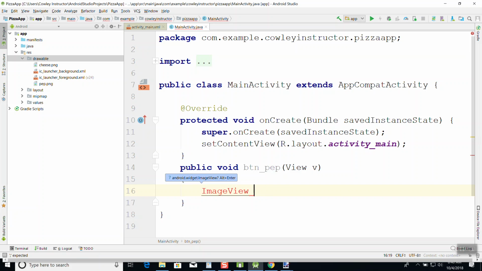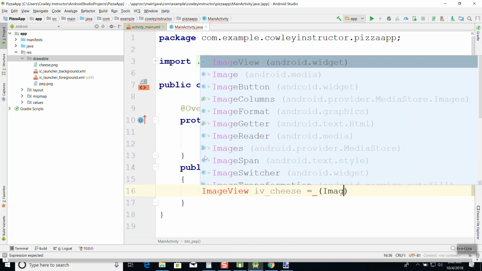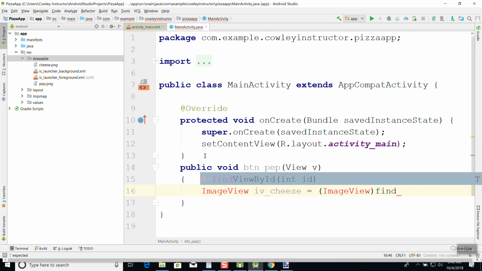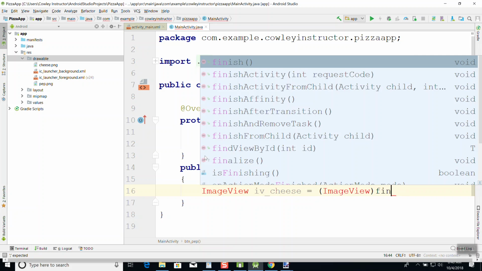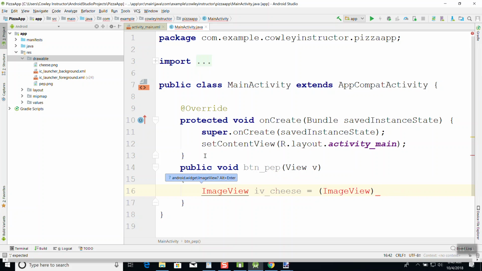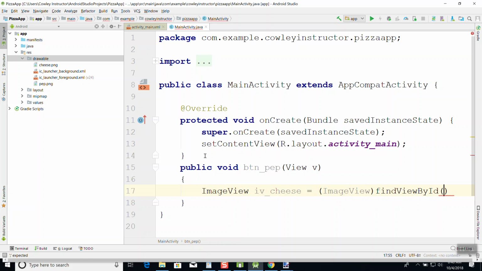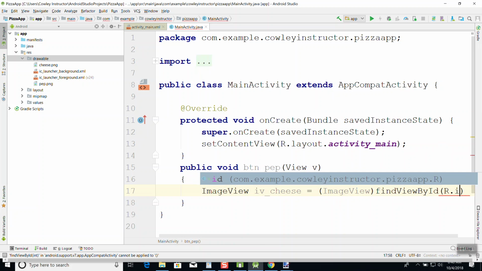Maybe I'll just say IV cheese equals image view find, Alt enter. Find view by ID R.id dot